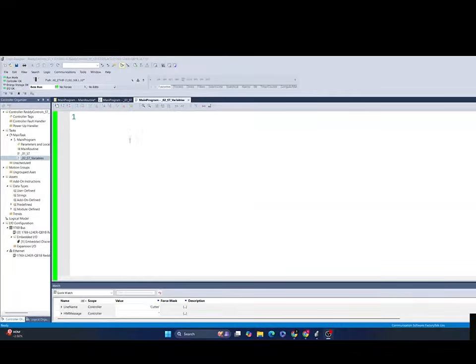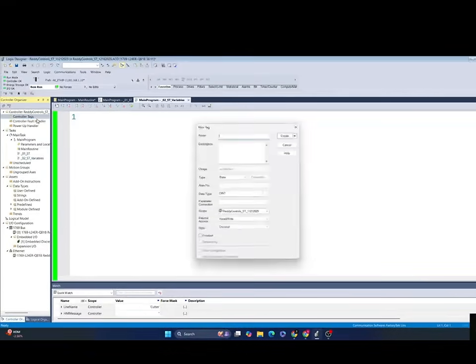Now let's switch to Studio 5000 here. Before we write any structured text, I'm going to create a few tags that I'll be using in this demo. So let me do that first. Go ahead and create some tags. We will create